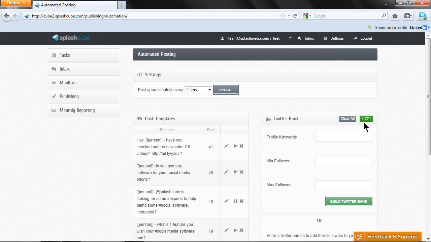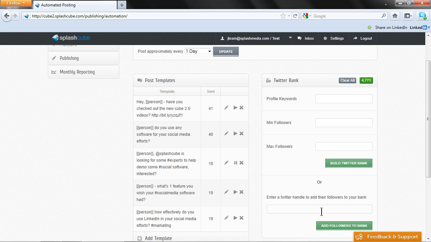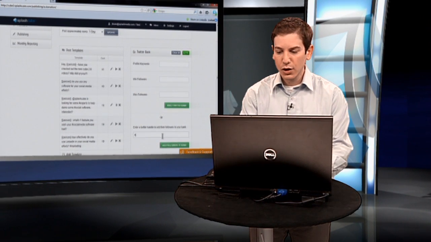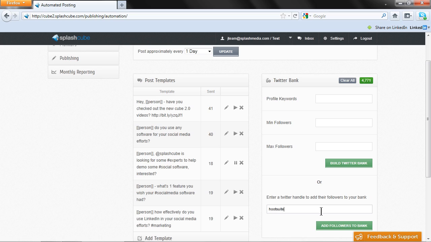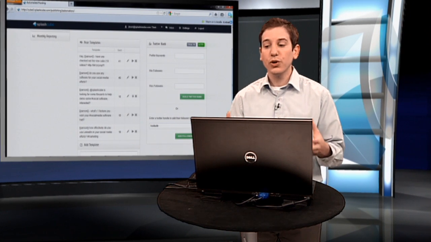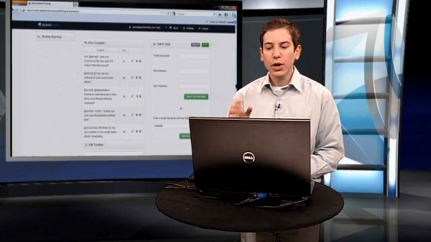So it's added that number to my total Twitter bank here, but I can also go specifically to someone's Twitter handle. If I want to use a competitor, for example, like Hootsuite, I can just type Hootsuite right into the Twitter handle field there and add followers to the bank, and it will do it the same way that we did by choosing one of those Twitter handles in our selection before. So now that we have our bank of over 4,000 Twitter users, our customers, we want to craft some messages